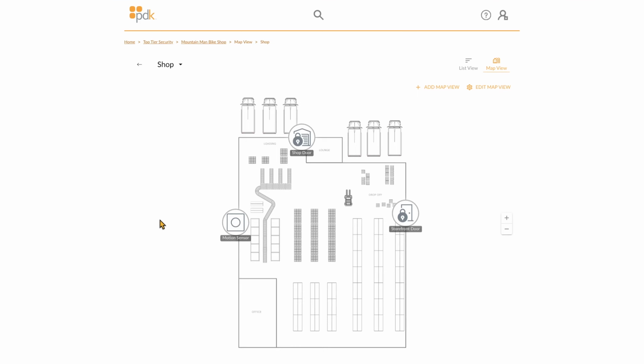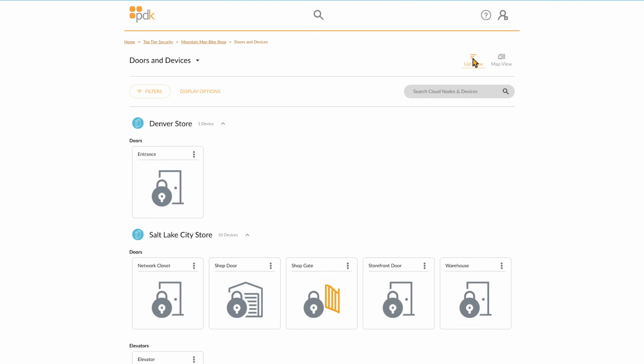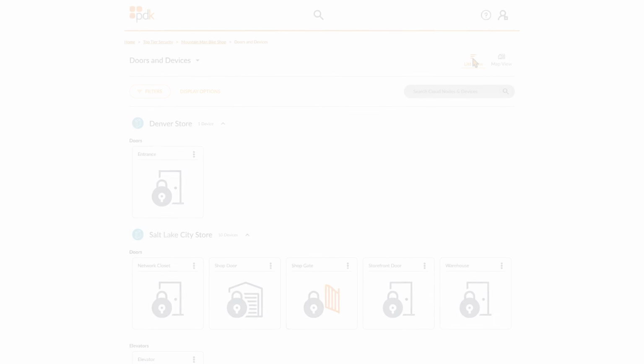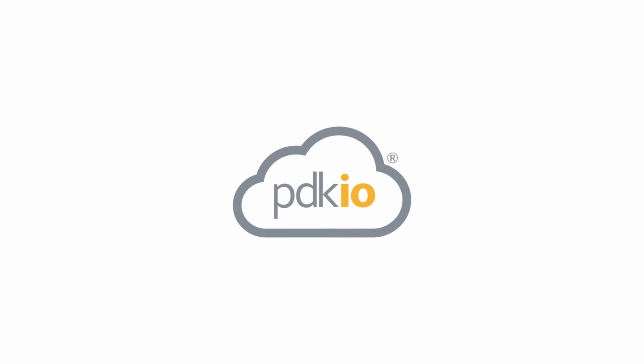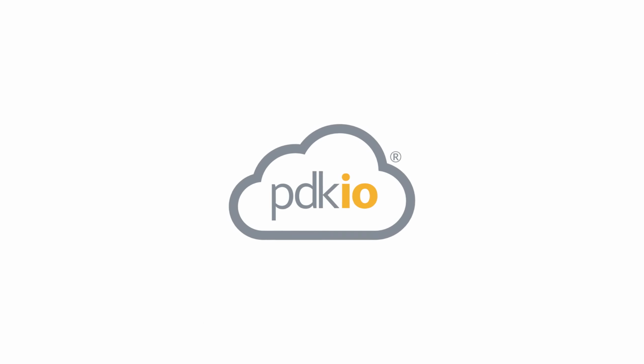You can also navigate between floor plans by selecting the drop-down menu in the top left corner. To return to the list of all doors and devices, simply click the List View button to toggle back to your list of devices. As you can see, PDK.io's latest enhancements deliver exciting new features that deliver benefits to both